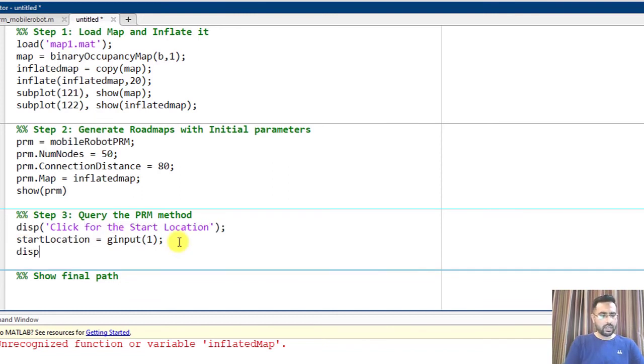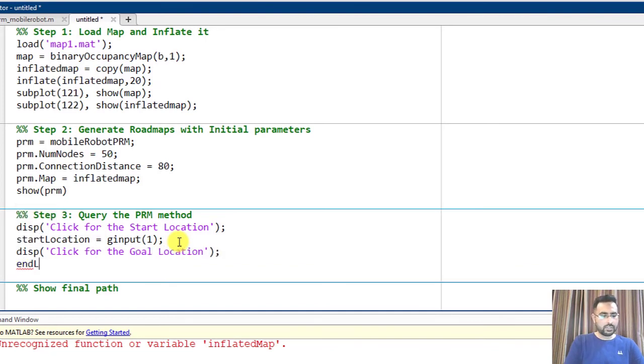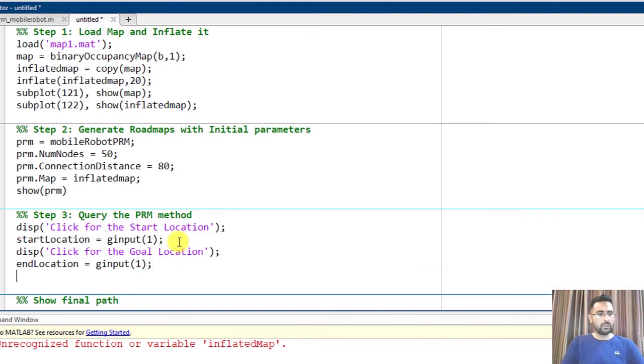Similarly, for the end location, I'm going to display once again "click for the goal location." And I'm going to save this goal location in the end location variable. And once again, I'm going to use ginput. So these two lines are going to store two click positions as